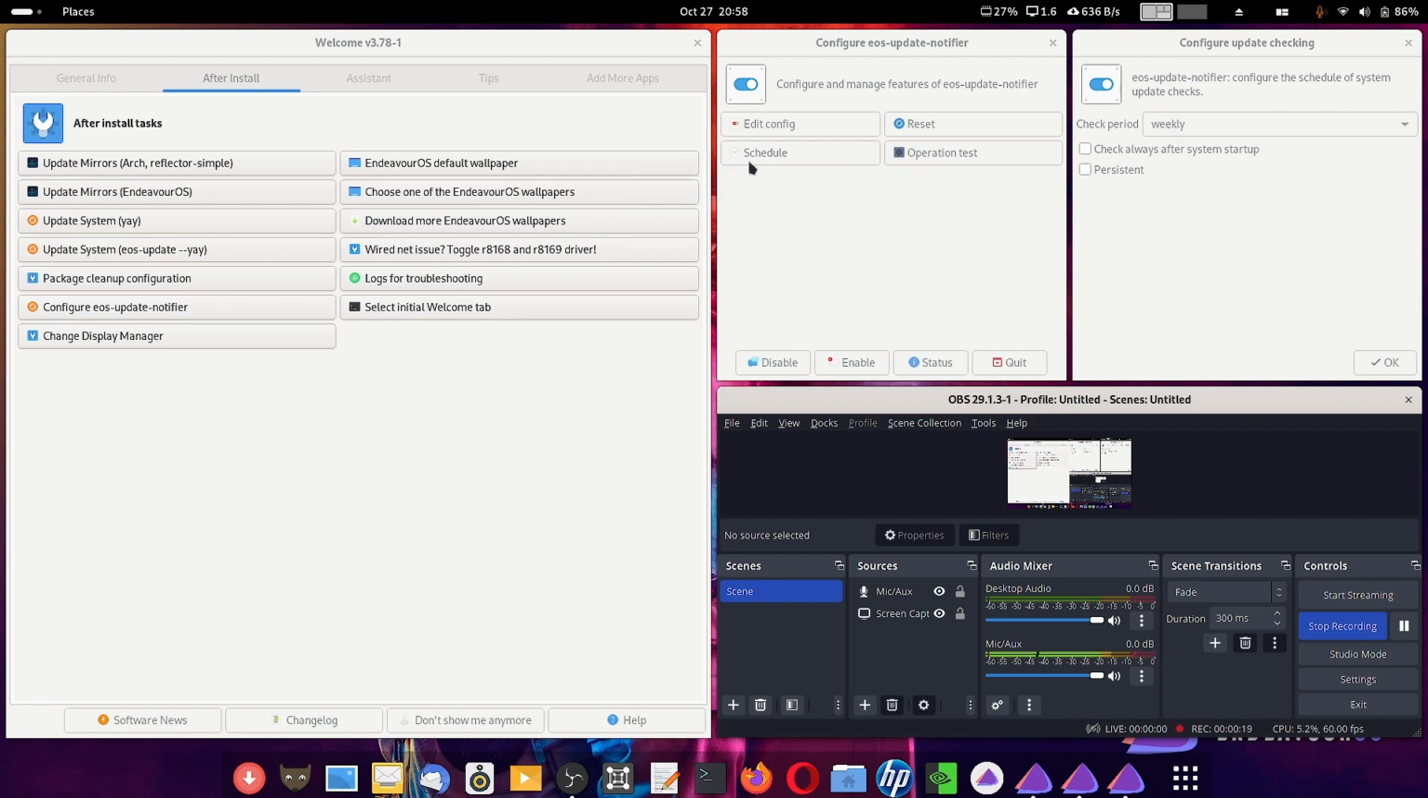If you click here on the schedule, it will open up another window. You can disable or enable this scheduling by the toggle switch here. And you can specify the checking period: hourly, daily, weekly or monthly. For me, by my experience, I can tell you weekly is the best to check for the updates